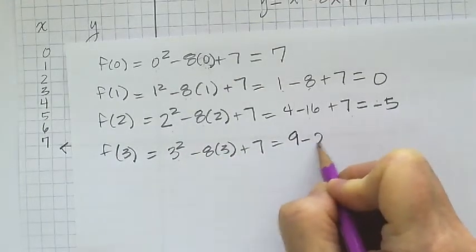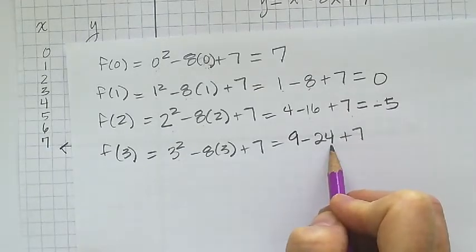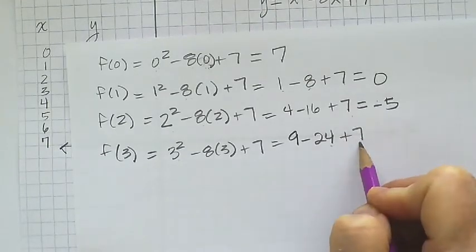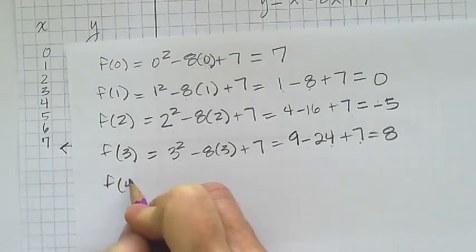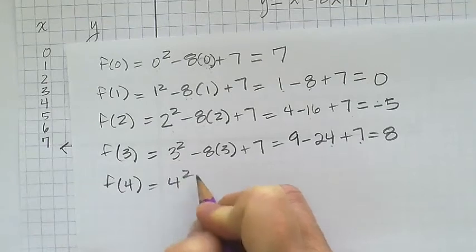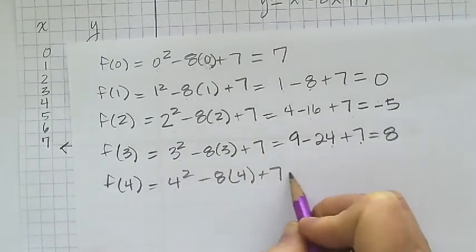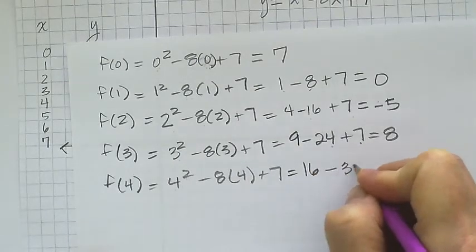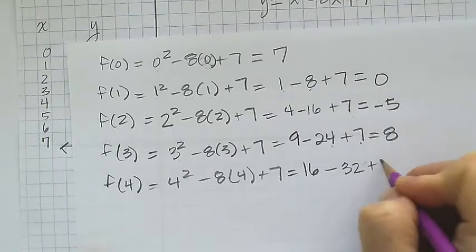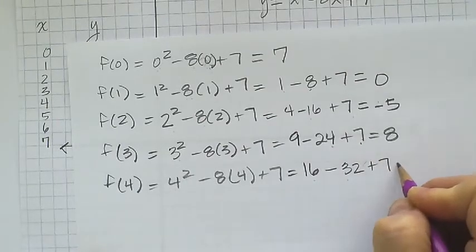Then f of 3: 9 minus 24 plus 7, so 9 minus 24 would be negative 15, plus 7 would be negative 8. Four squared is 16, minus 32, 8 times 4 is 32, plus 7, so 16 minus 32, that's negative 16,